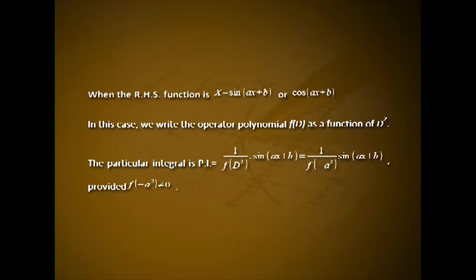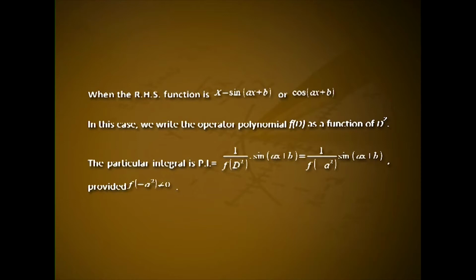which is also failure. Therefore, the particular integral PI is equal to x^2 times 1/f''(a) e^x, which is equal to x^2 times 1/(12 times 1^2 - 12 times 1 + 2) e^x, which is equal to x^2 times 1/2 e^x. When the right hand side function is X = sin(ax+b) or